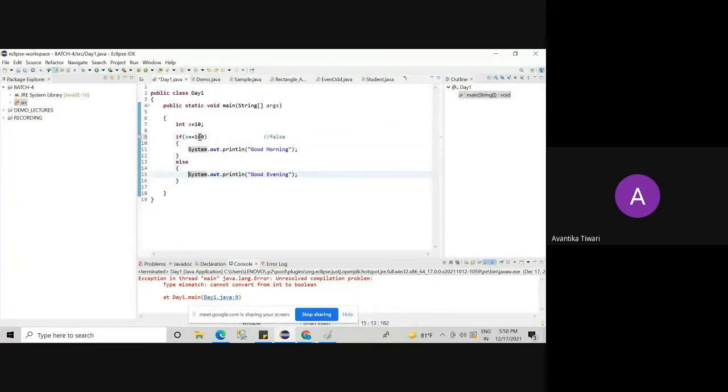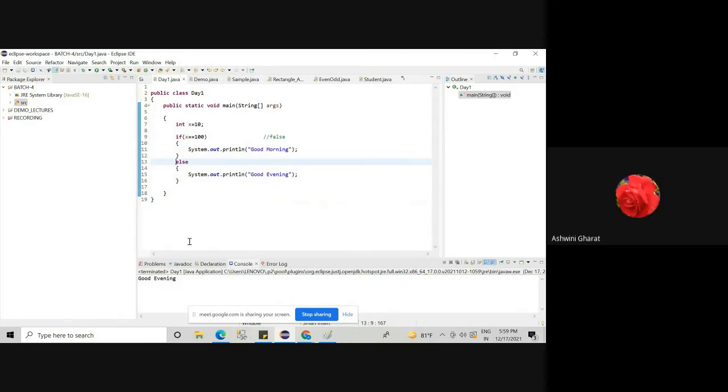If it is true, then it will execute the if part. If I make it 10, then it will execute the first part. But I kept it 100. So it's false. The control of the program will come and check this statement, and the condition is false. It will not enter the body of if. It will directly come to statement 13. Let's run. Am I clear to everyone?